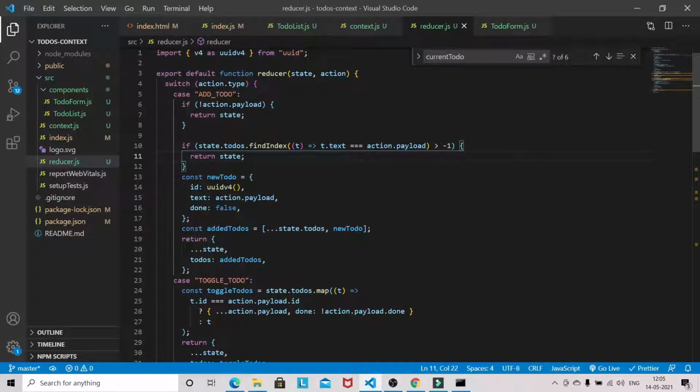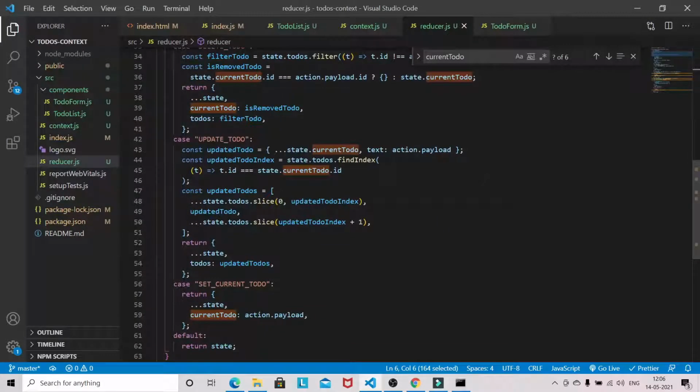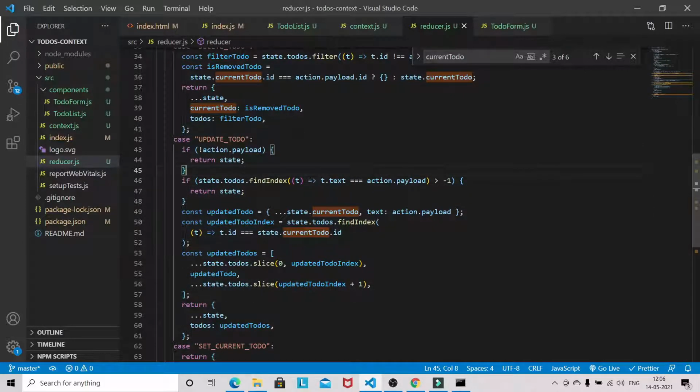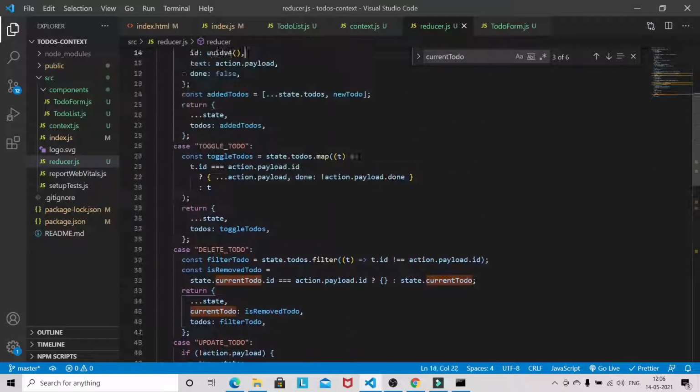Now we will copy the same condition for updating also, so before updating we will be checking these things.